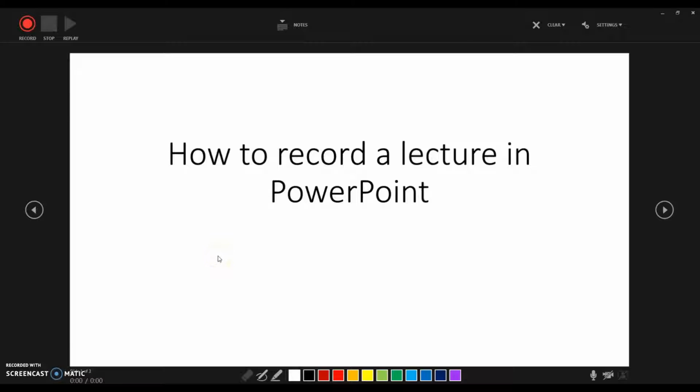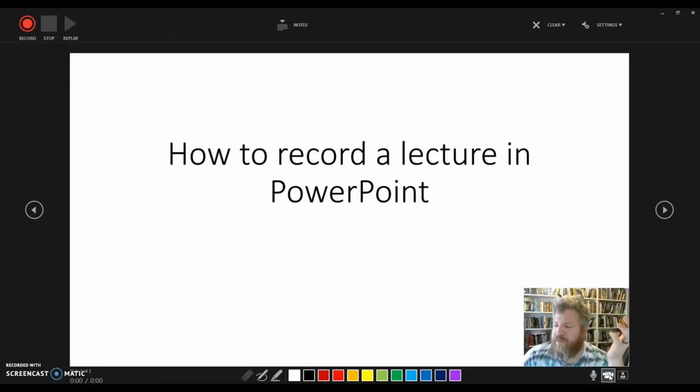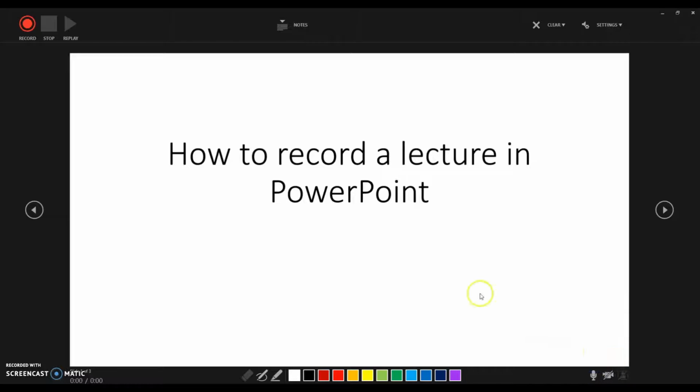All right, this is the screen that you're going to get when you record it. You have the record button up here in the top left. If you have notes on the slides, you can show them here. It's nice because normally it's right underneath your webcam, and so it kind of looks like you're looking at the camera. And you can also add, you have your audio here, and if you really need it, you can put video in here as well, which I'm not going to do right this second. I'll show you just on one slide how to do that, but I'm not going to leave it on the